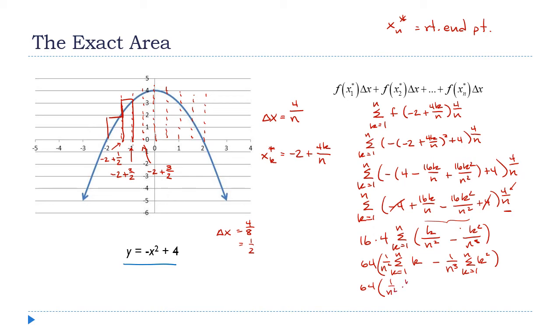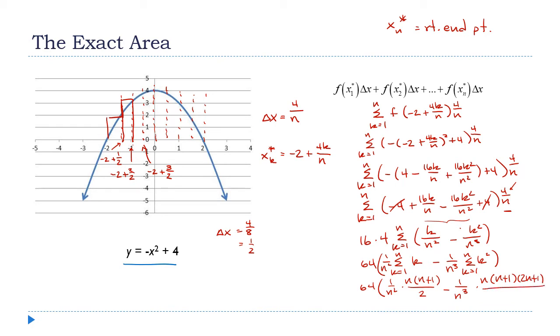This is n times n plus 1 over 2 minus 1 over n cubed, and this is the sum of the first k squared, right? The first n squares. The formula for that is n times n plus 1 times 2n plus 1